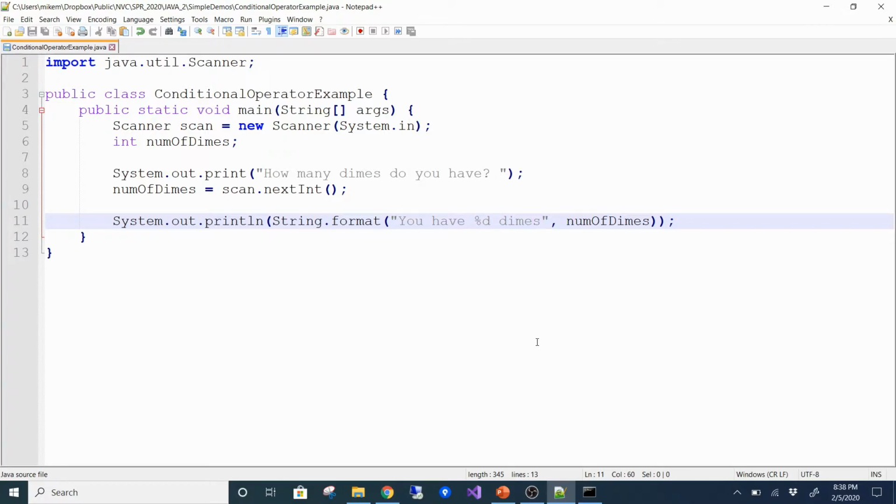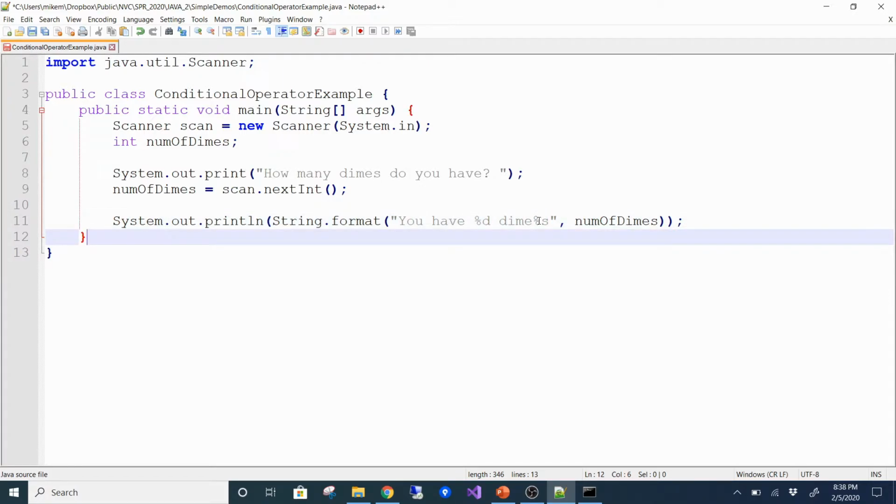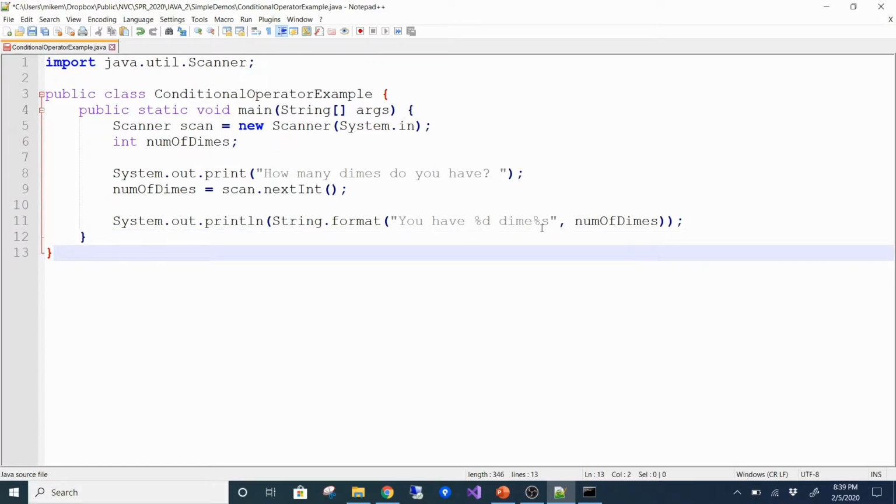Just %s and add an s if it is greater than 1. Okay, so do you want to print the whole word dimes, or just put the %s? The %s is where I'm going to inject my string. So I'm going to put a %s on dime, meaning I may or may not include an s. The conditional has to be right. So then, greater than